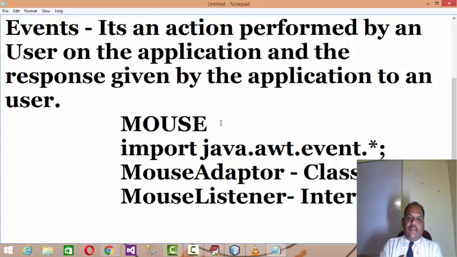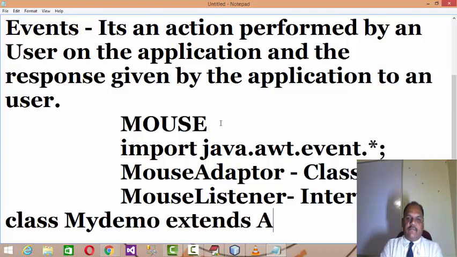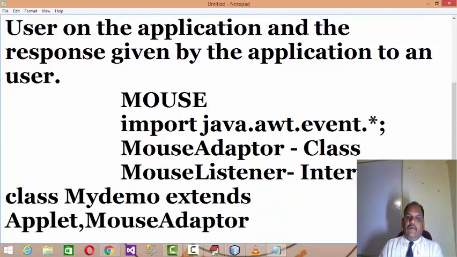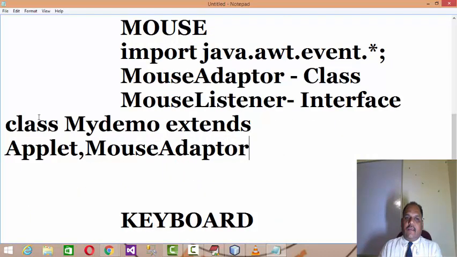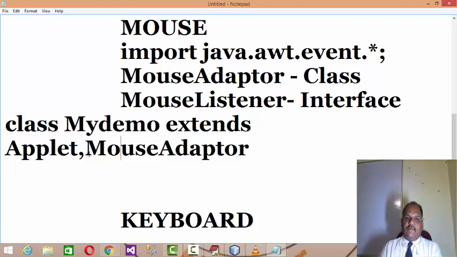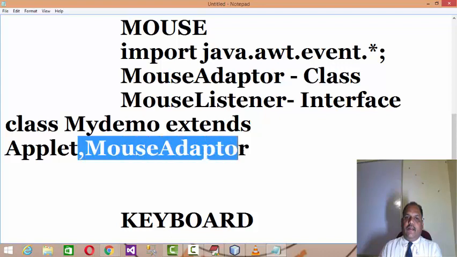So just try and understand that you cannot write the statement class MyDemo extends Applet, MouseAdapter. You cannot extend your class from two base sources because multiple inheritance is not allowed.